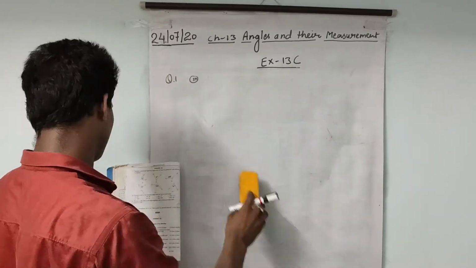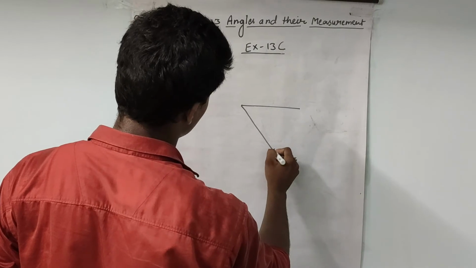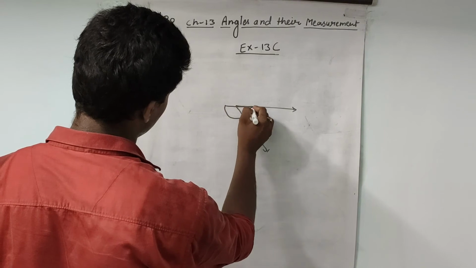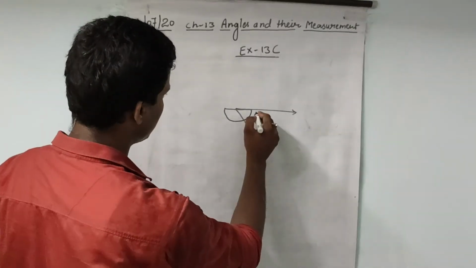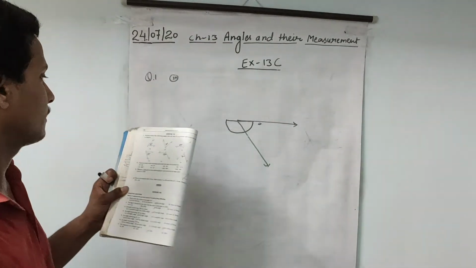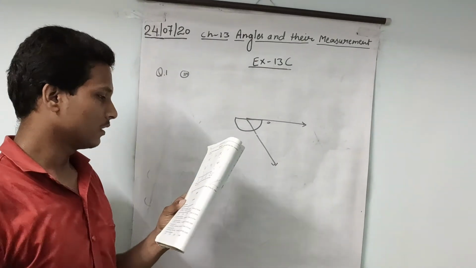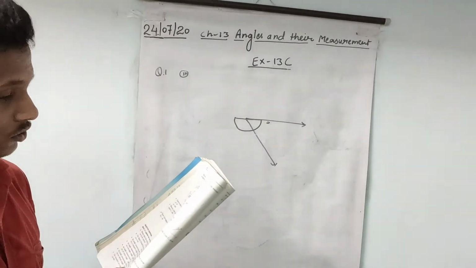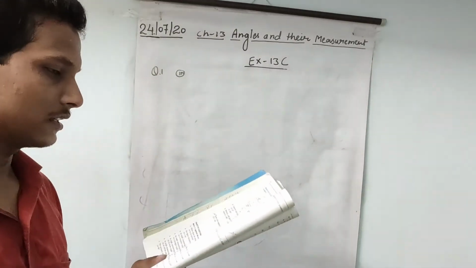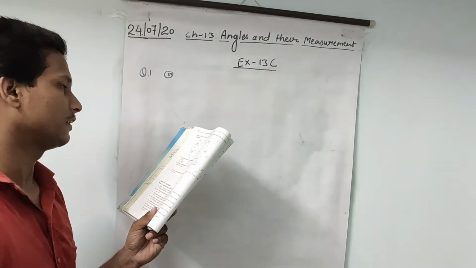Next, question number 4. You need to put your protector like this, meaning the D should be on the opposite side, and you will consider 0 from here. So you will get a 55 degree angle. After that, question number 5, you need to put the protector downside. So it will be 135 degrees, and question number 6 is 75 degrees. In the last 3 cases, you need to put the protector downside, and in the first 3 cases, you need to put the protector properly upside.